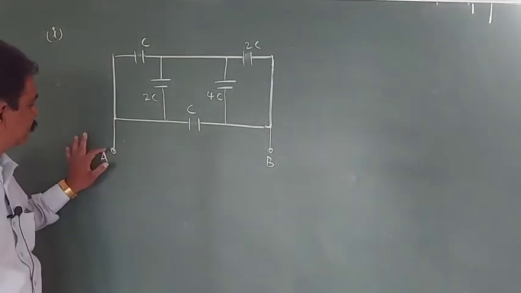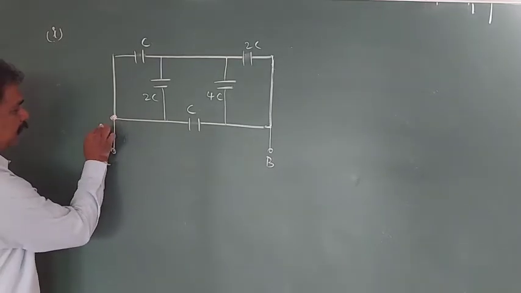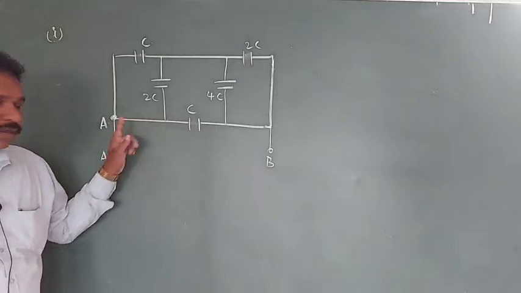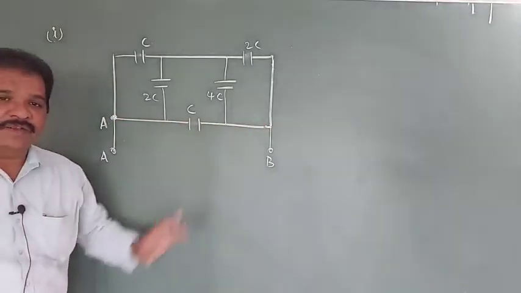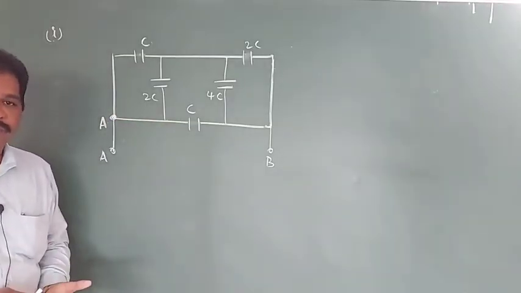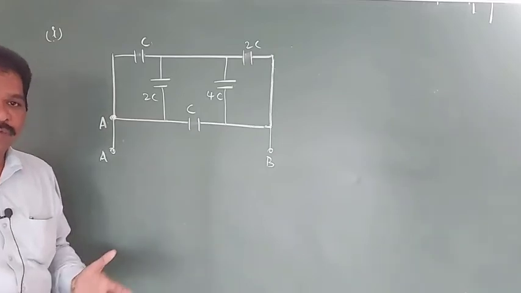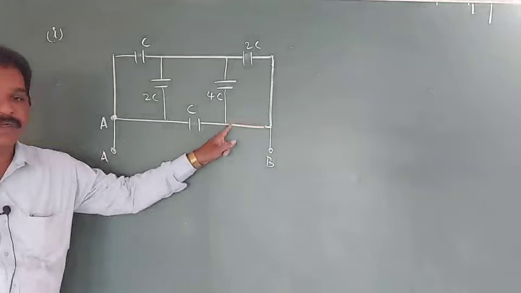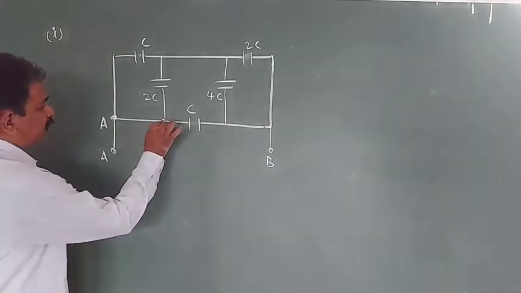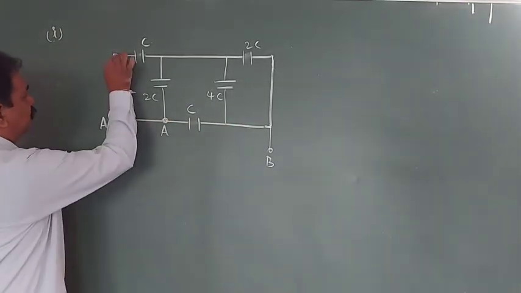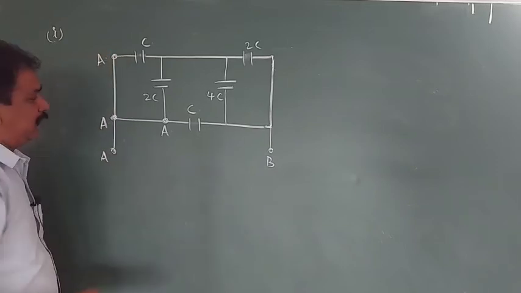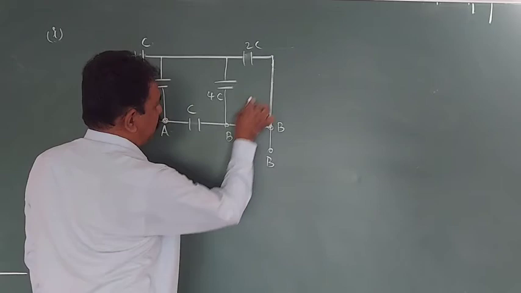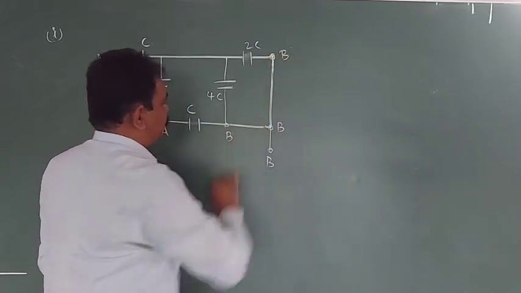So what to do? Here A, I can write here also A. First draw this one. For marking these points, use another color pen or draw one more circuit. Some clarity will come for you, or otherwise again you will be confused. Use another ink pen, then it will be easy for you. Here also you write A. Here also A. Here it will be B. Here it will be B. Here also it will be B.